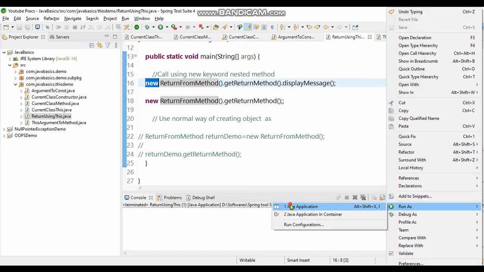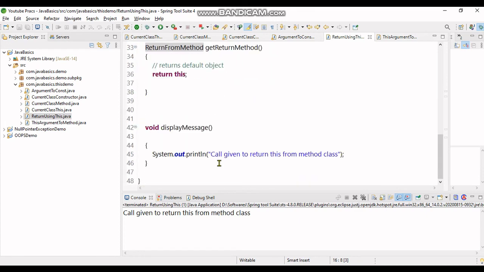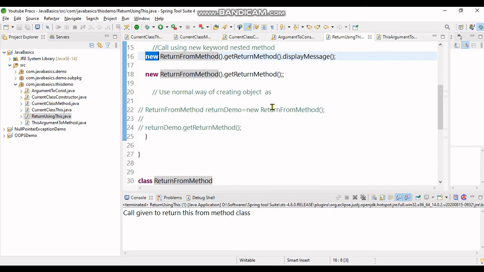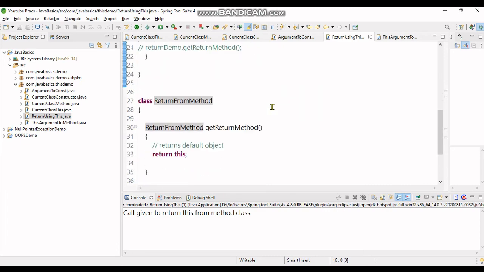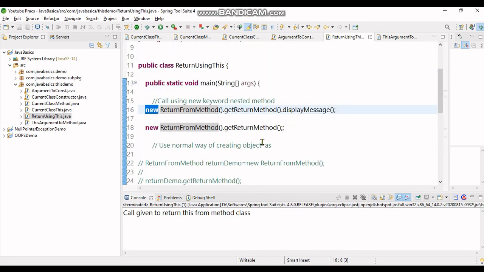Let's see the output. Yeah, it prints call given to return this from method class, which can be seen as the definition provided to the method. So the point to remember is using this when you give a return method call, you need to make use of the new keyword directly and give the nested method call.